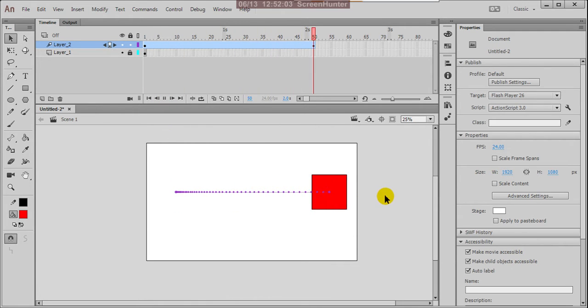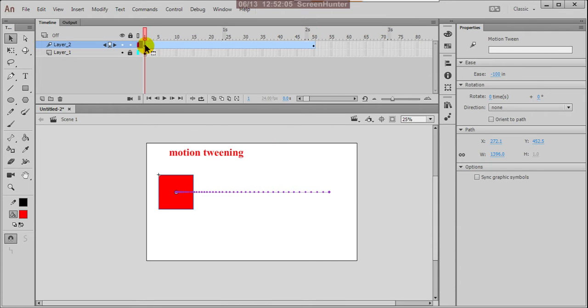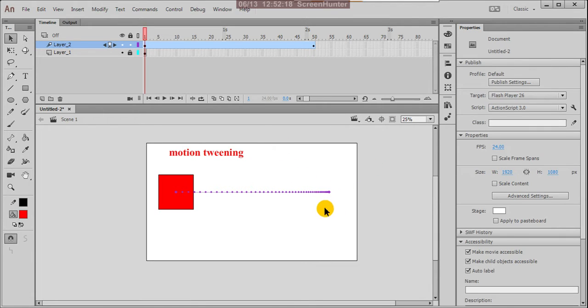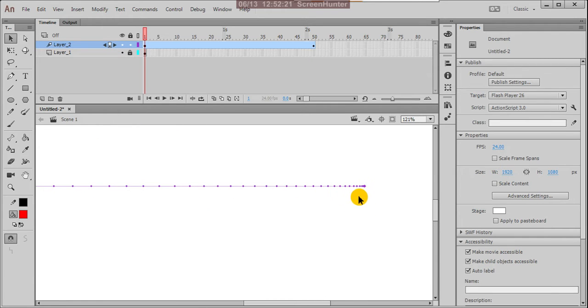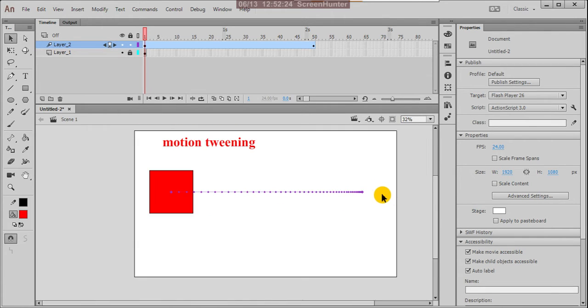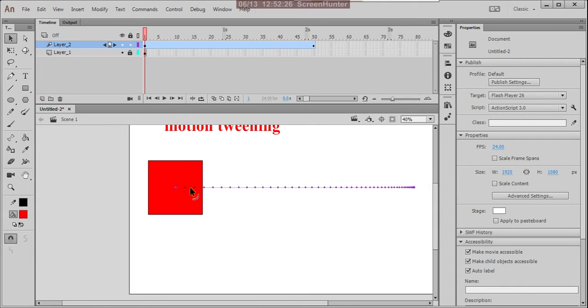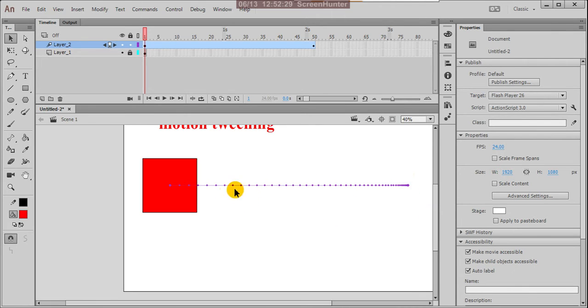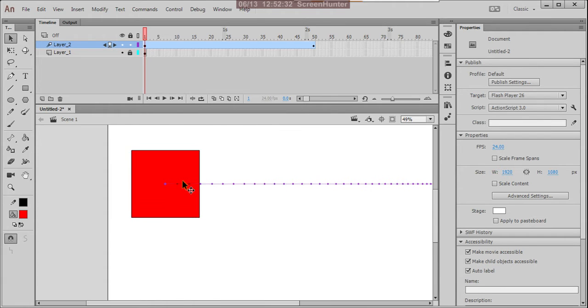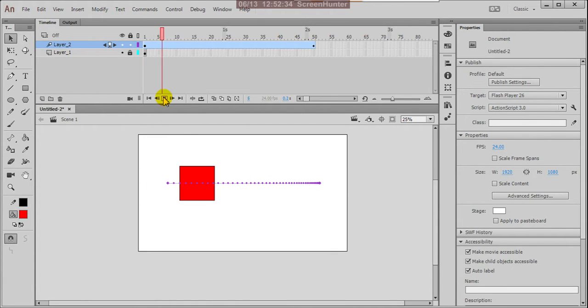slower and faster, okay. Now what we do, instead of this -10, give 100. See, -100 give 100 means +100. Now observe here. Frames are very close here, loose here, so the action will be slower here and faster here. And again to check that, see this, starting fast and reaching slower.